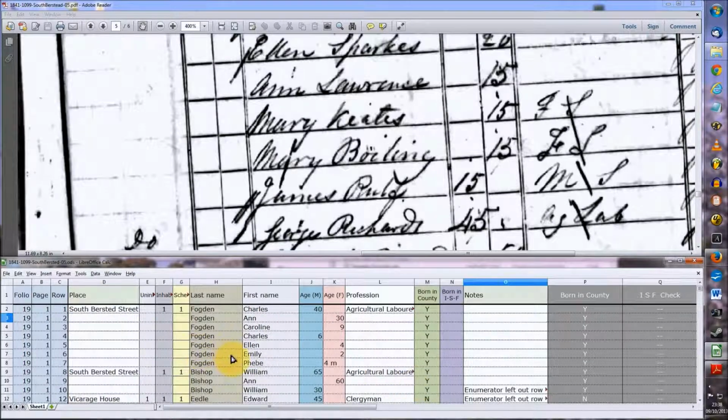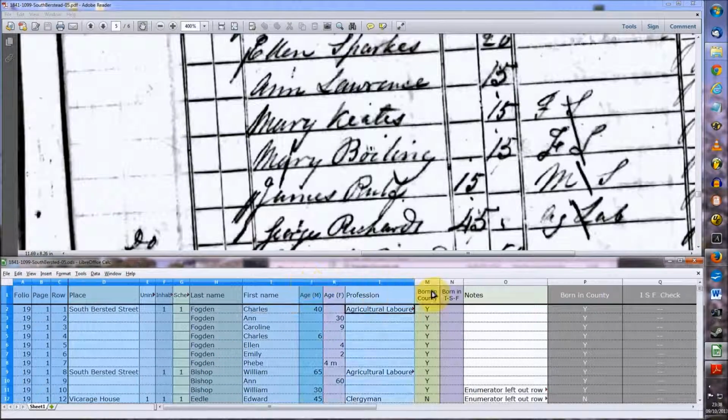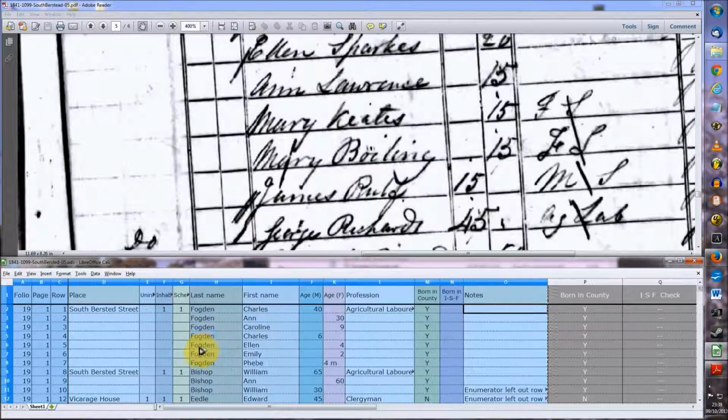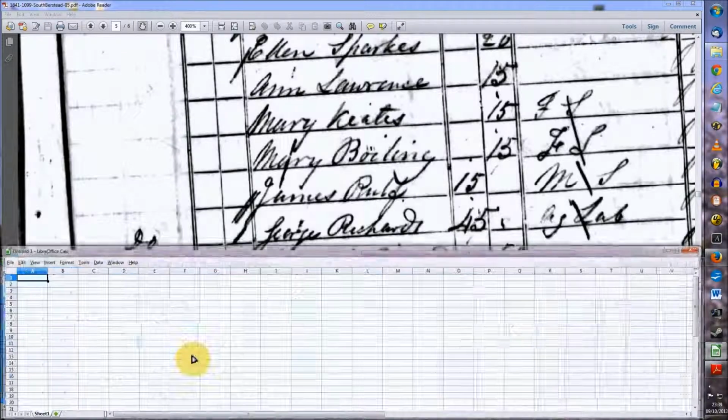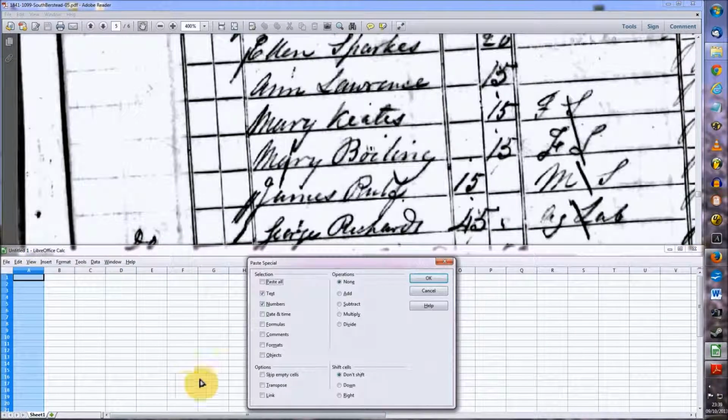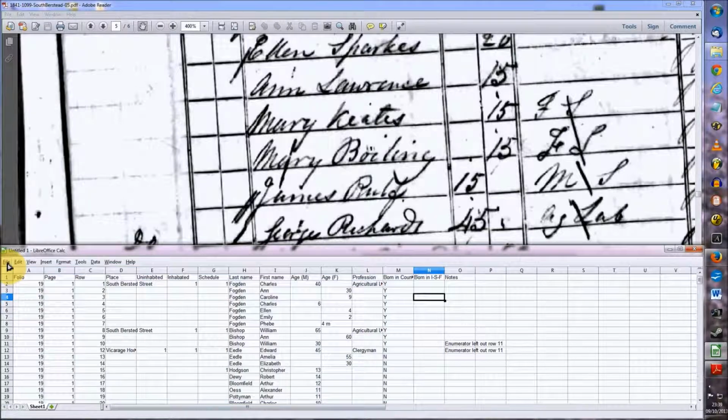And the final job is to save this as a CSV file. So we select A to O and do a copy. Okay, so it might be easier just to create a new workbook. So now we just do a right click and paste values only. So just do a paste special again, click OK. So now just save this as a CSV file. So it's File, Save As,